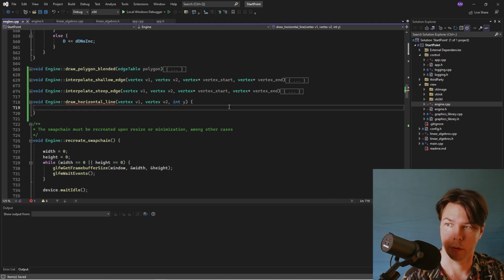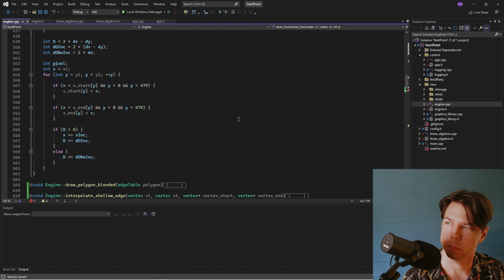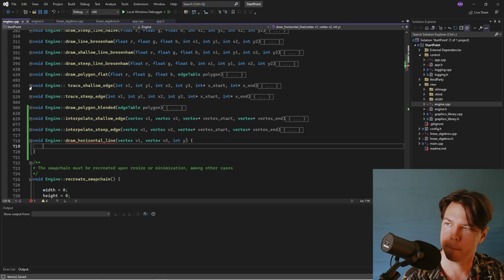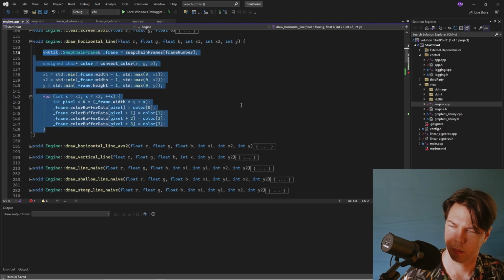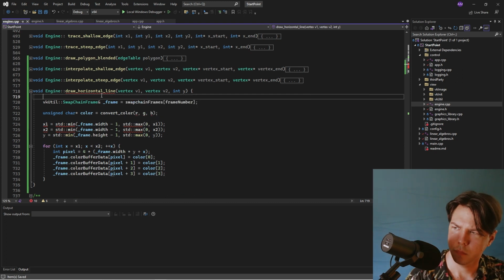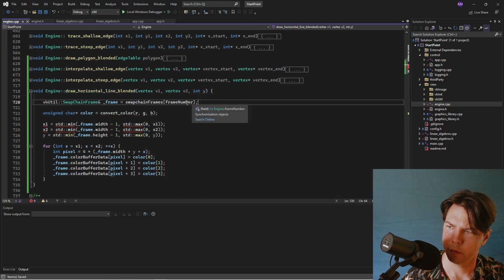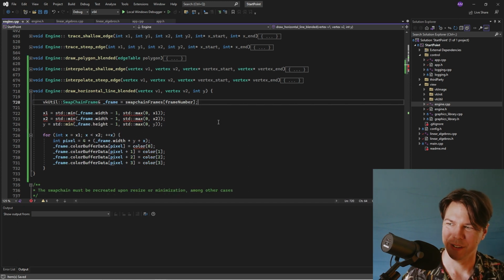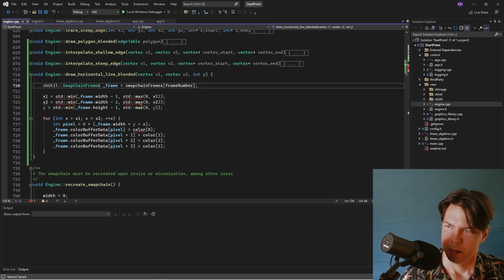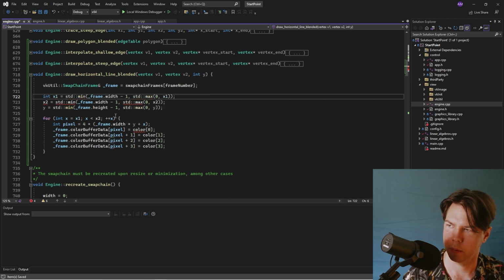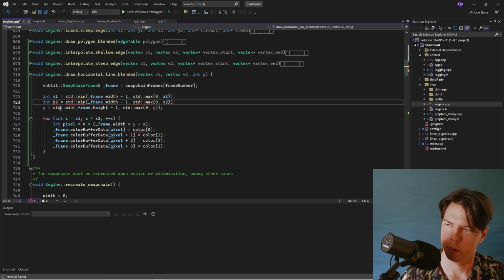And then we'll go to drawing the horizontal line. So just go back up to the horizontal line function. Okay, so there we go. We get the frame. We do not convert the color. We convert it later on. Okay, let's go. int x1, and I'll get that by